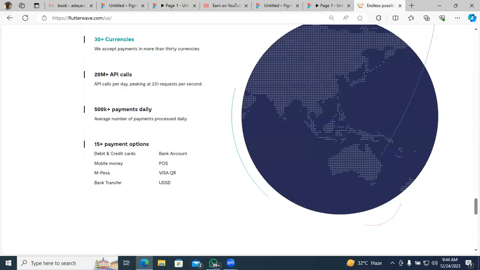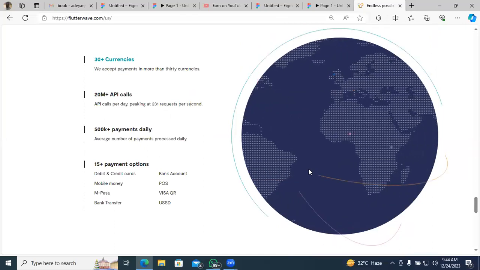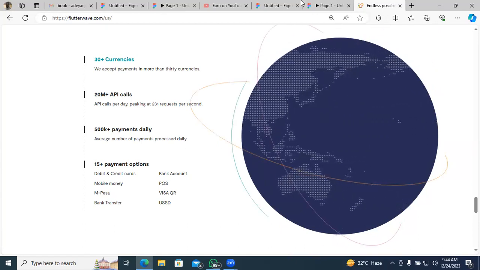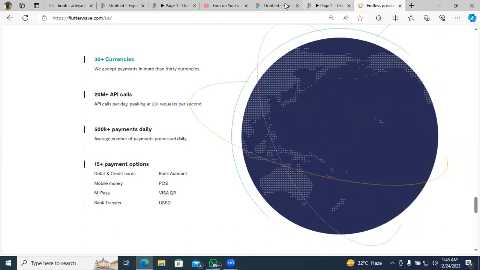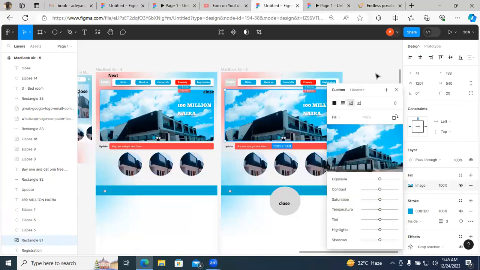Let me check. This one could be done in two ways in design. Go to your design. I don't know why this thing is hanging. For instance, this shape here, right click. Do you see this video option? Yes, sir. If you want to add video, you just click on it and add video. It will be there, just like the way you add the pictures.